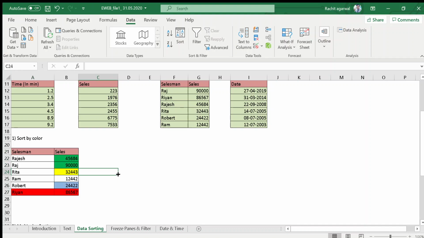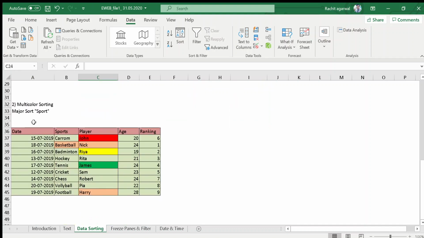All right. Now the next is multicolor sorting, meaning if you have multiple colors in only one column like this. It is almost the same as the previous one, but again I will do this. Select the table, go to the sort, and select the column on which you want to apply the sort.